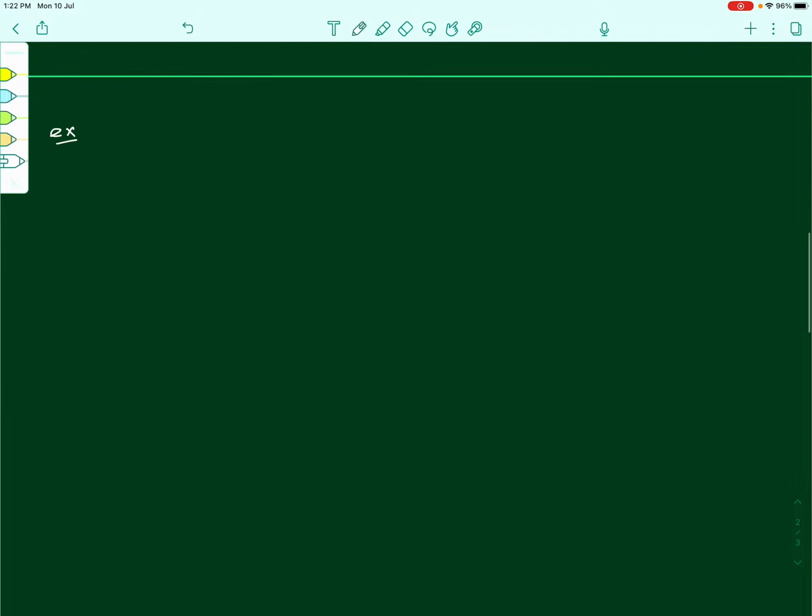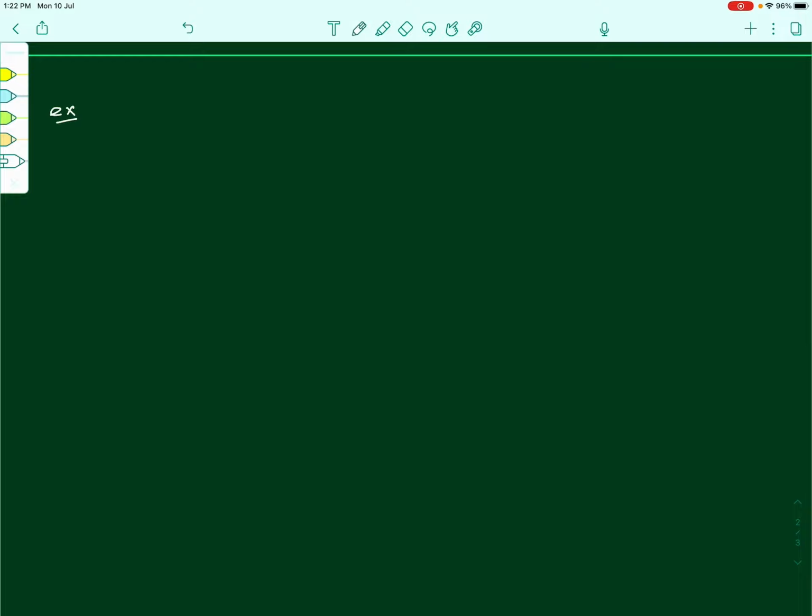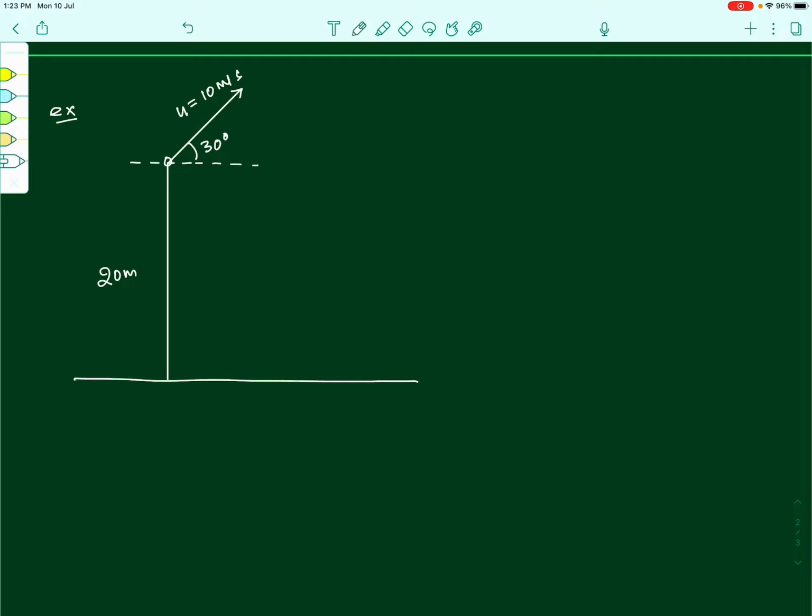The example is, there is a body which is projected from a height of 20 meters from the ground, and it is projected with an initial velocity of 10 meters per second, such that the initial velocity vector makes an angle of 30 degrees with the horizontal. So, u is 10 meters per second and angle of projection theta is 30,